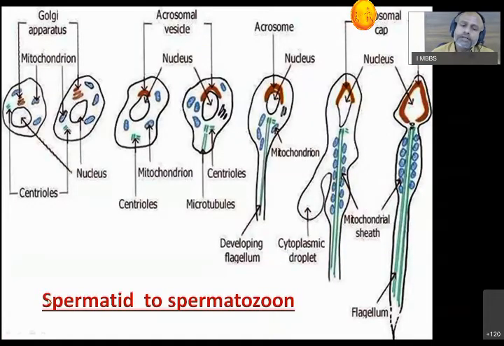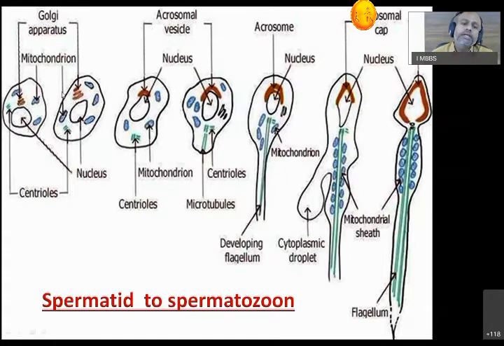How does the spermatid, the oval-shaped structure, get converted into a spermatozoon, a structure with a flagellum or a tail? We have seen that the secondary spermatocyte contains 22X or 22Y, that is N number of chromosomes. It contains all the organelles: the nucleus, the Golgi apparatus, the mitochondria, the centrioles, the microtubules, the microfilaments, everything you have learned. The nucleus will also contain DNA as well as RNA.